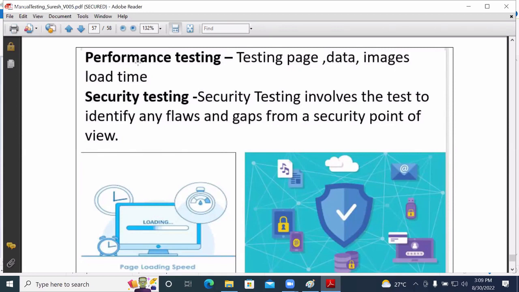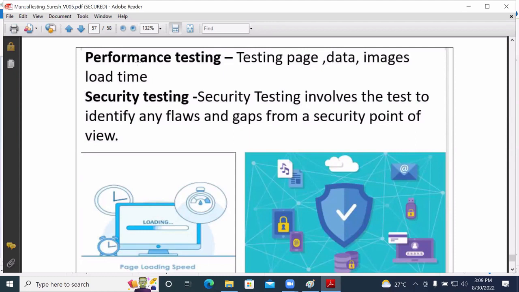That is one kind of security. And apart from that, if you enter an invalid password more than 3 times, what will be the expected result? The account should be locked. That is one kind of security. OTP is also one kind of security.